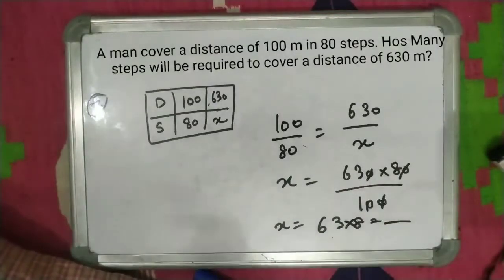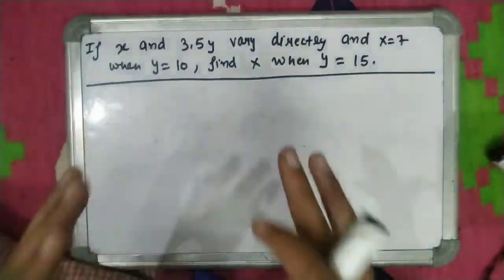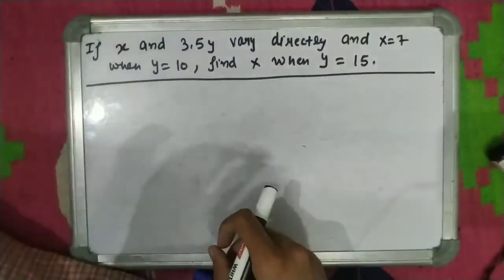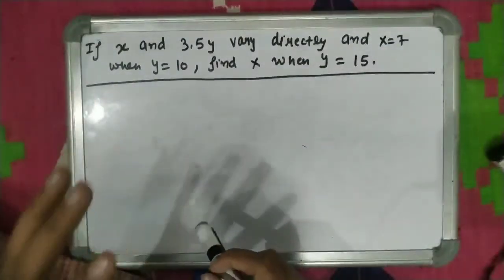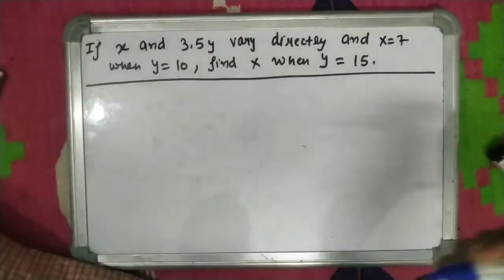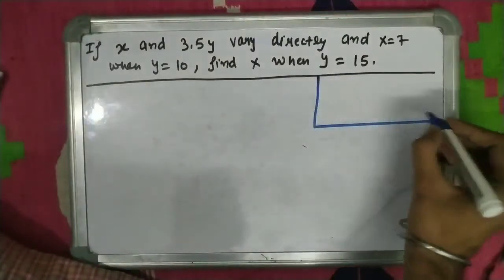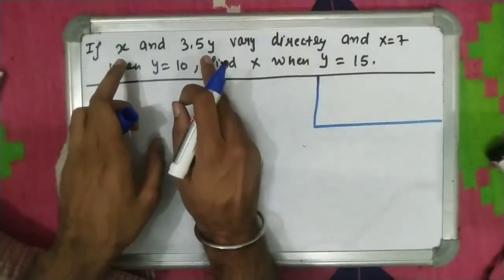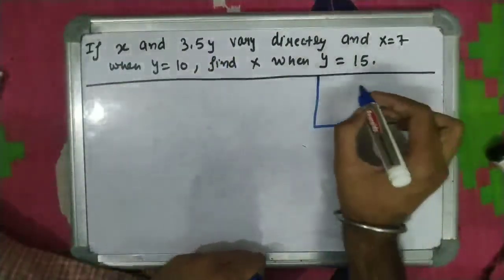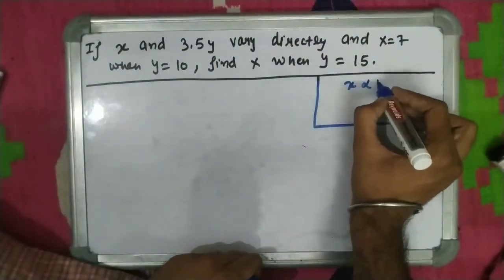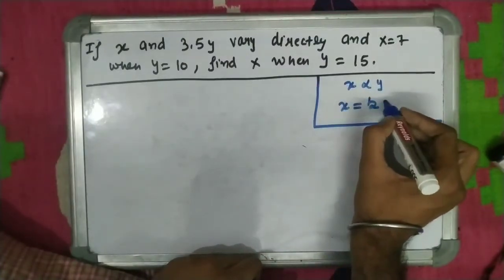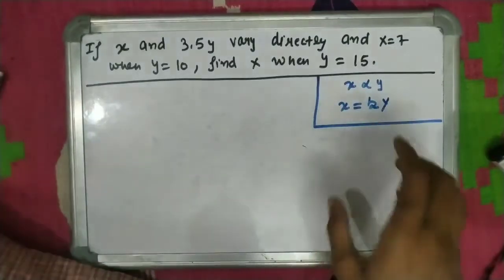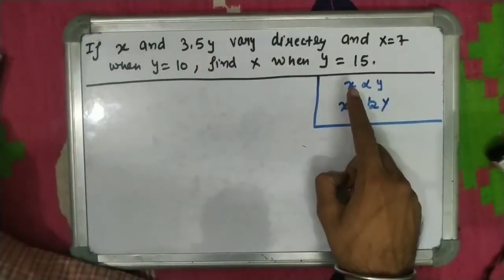Okay, last question which is very important. Let's move here. This question is the most important question, and I think this question needs your concept. So first of all, I have told you, whenever we take a direct variation, we take it in this form, like we have x and y numbers. So we will take this as x proportional to y, and when we change it to equal to, we will put here k time y. This means that x is directly proportional to y,